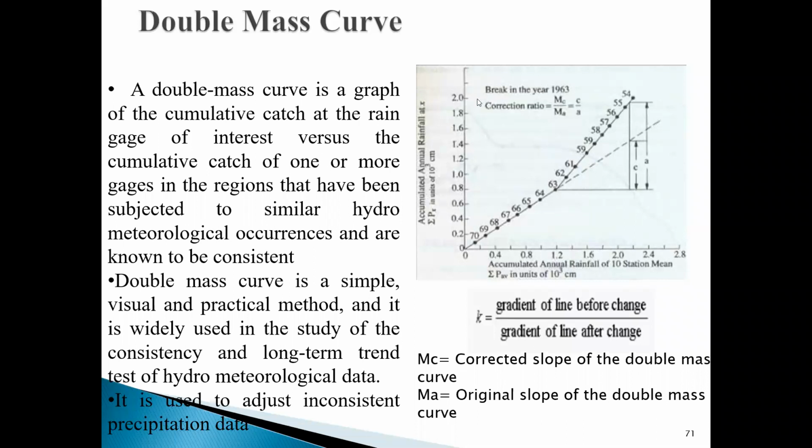So it's basically a plot of accumulated annual rainfall at station X, which is under question, against the concurrent cumulative annual rainfall of the surrounding stations, whatever the number of stations you have. So in this case, you have around 11 stations. At station X, there is a change in the rainfall record, whereas for the surrounding 10 stations, you have the